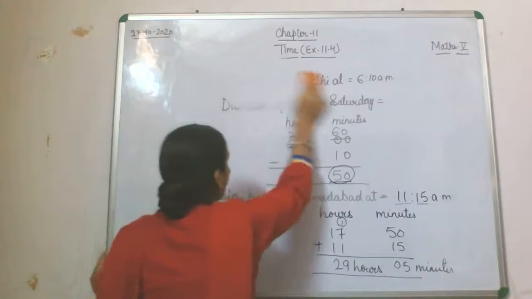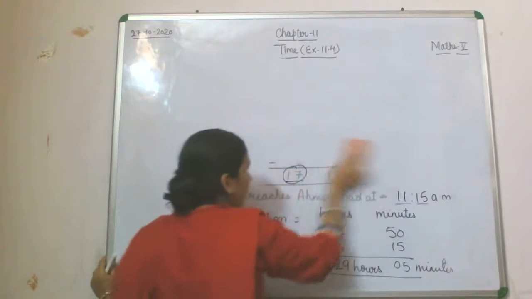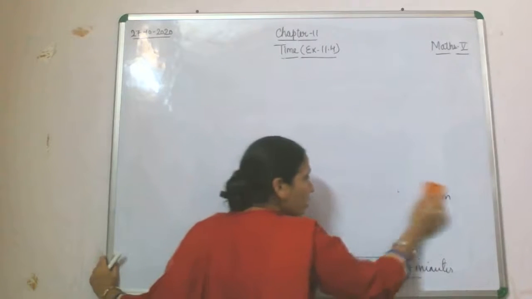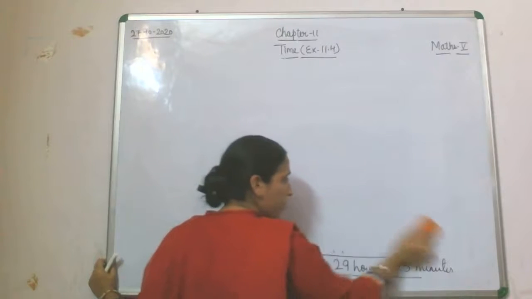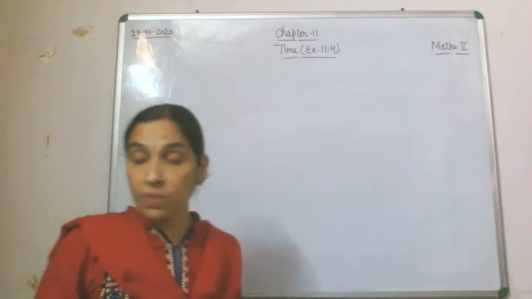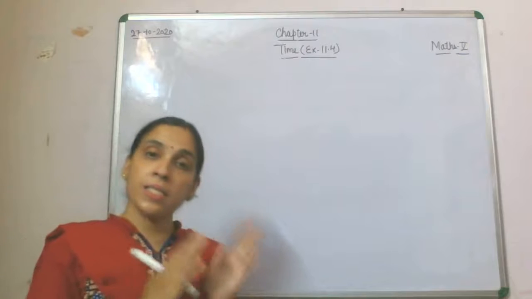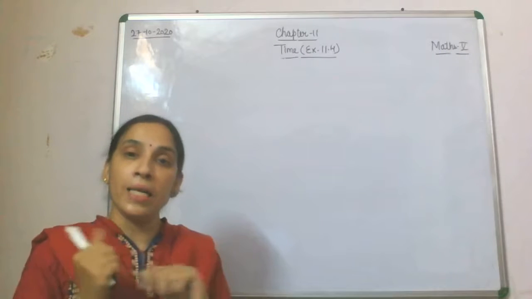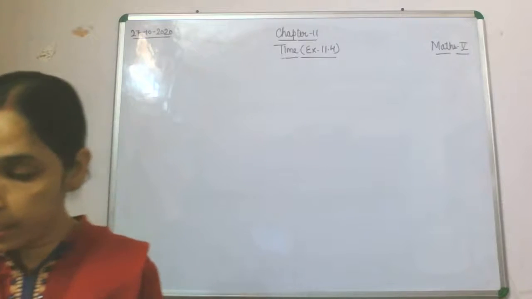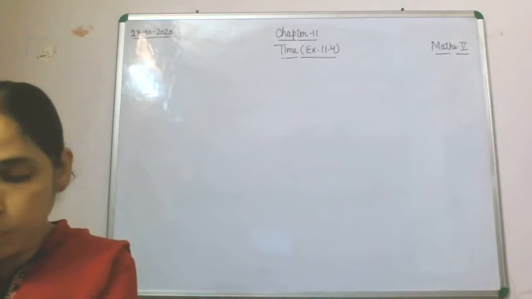Now we'll take a question from the exercise and make it clearer. Actually, a few of the children are getting confused that they are subtracting 6:10 from 11:15 only. But in between, where has that time gone? Because that 6:10 is of one particular day and 11:15 is of another day. That's why we were subtracting it and then adding it. So children, from your book till question number 4 we have done.